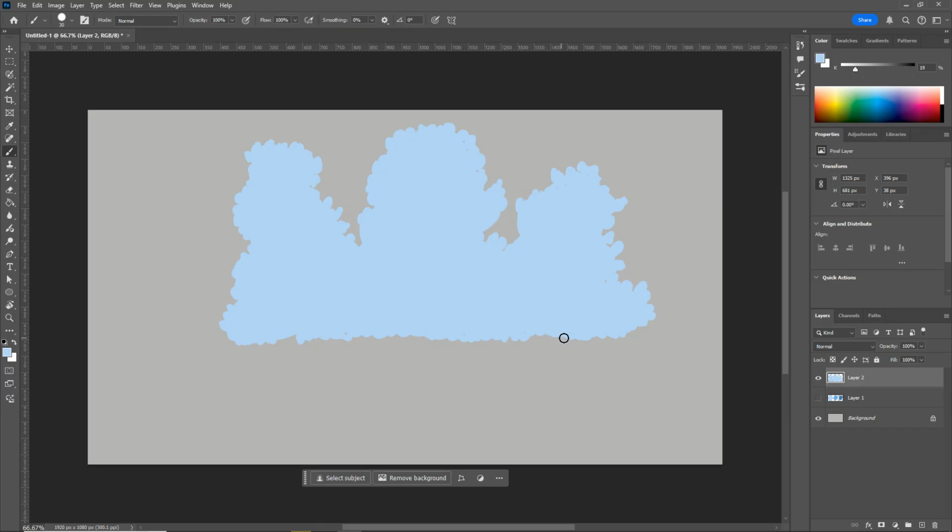Actually, you know what I'm going to do? I'm going to dip this down a little bit so we can get a kind of round bottom to this cloud, like it's closer to us. Of course, see, this is what I'm talking about. I like to add things, give it a little bit of roundness here at the bottom. Okay. All right, so what we're going to do now is we're going to lock the